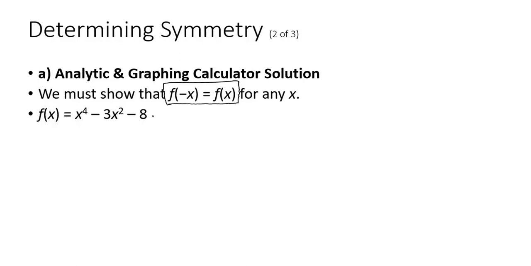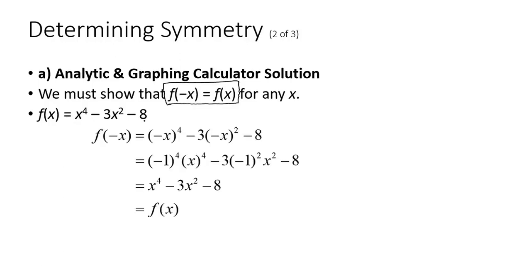To find f of minus x, when f of x is given to me, I need to substitute minus x for each x. It's a good idea to place parentheses for each x in this function, and substitute minus x for each x. It looks like the exponents are even for both. So minus x to the power of 4 means minus 1 to the power of 4 times x to the power of 4. Similarly, minus x to the power of 2 means minus 1 to the power of 2 times x to